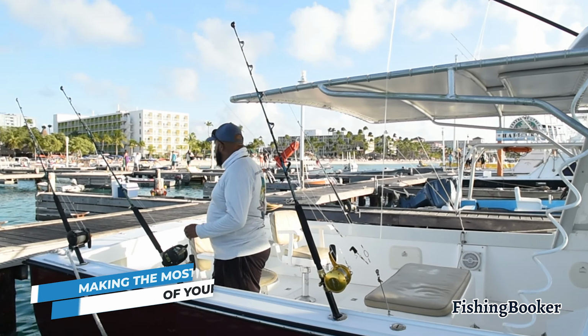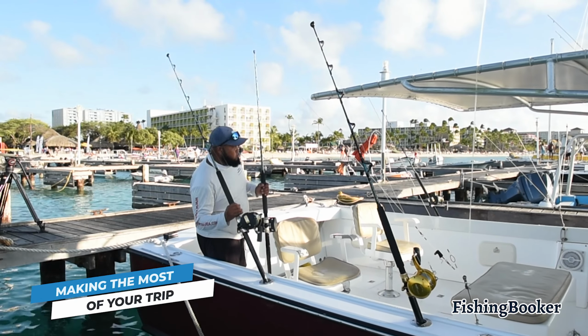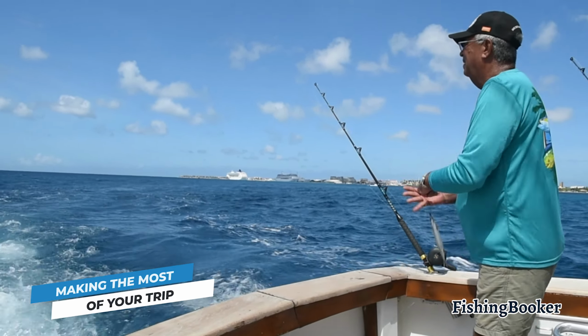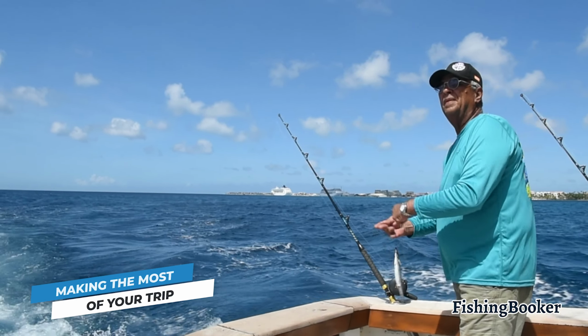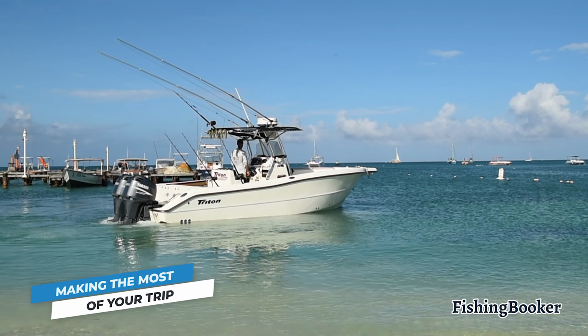If you're happy with the service, show your appreciation by leaving a tip. They'll also provide you with fishing gear, which is essential. Aruba is small, so don't count on a huge selection of tackle for sale or rent if you're fishing on your own. If you are bringing your own gear, fishing from Aruba's shores is just fine, especially if you're casting